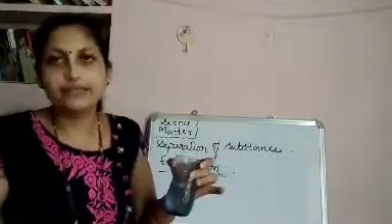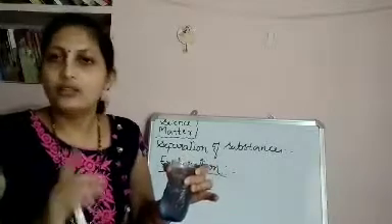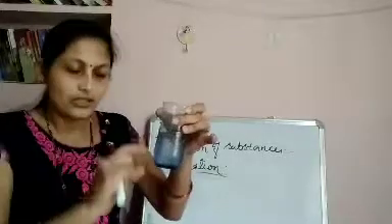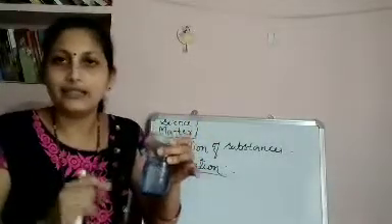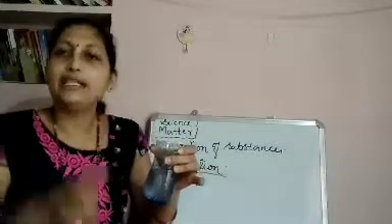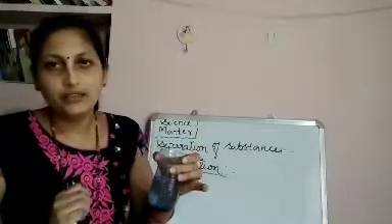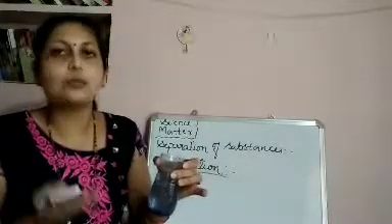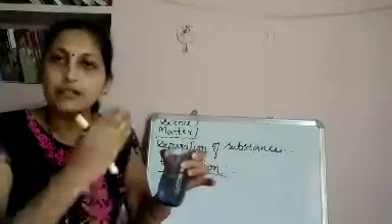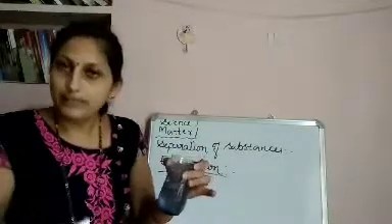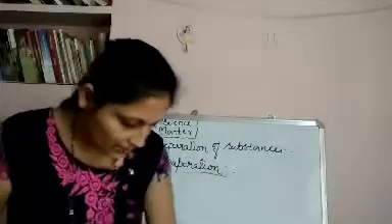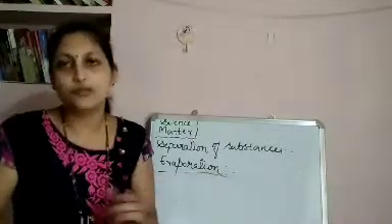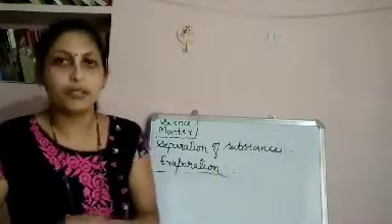Take the help of your parents. You can do this activity at your home. Be careful that you do it with your parents' help. Take some water, dissolve some sugar or salt in it, in less quantity, and boil this in a pan. Continuously boil it till all the water evaporates, and at last in the pan you will see that the sugar or salt particles, whatever dissolved in the liquid, will be left over in the pan. That is called evaporation. So by this method we can separate soluble substances from a solid liquid mixture.